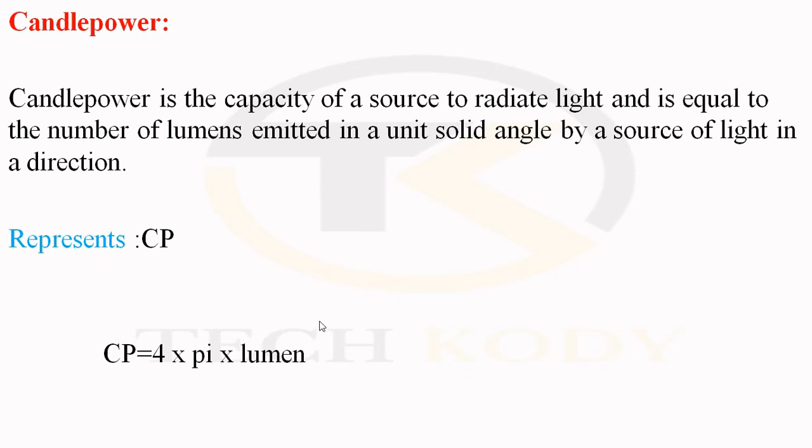In candle power there is horizontal candle power, mean spherical candle power, and mean hemispherical candle power. The candle power in all directions in the horizontal plane of the source of light is called horizontal candle power. When it is considered for a spherical source of light, it is called spherical candle power. When it is considered in all directions of the plane from the source of light, it is called hemispherical.